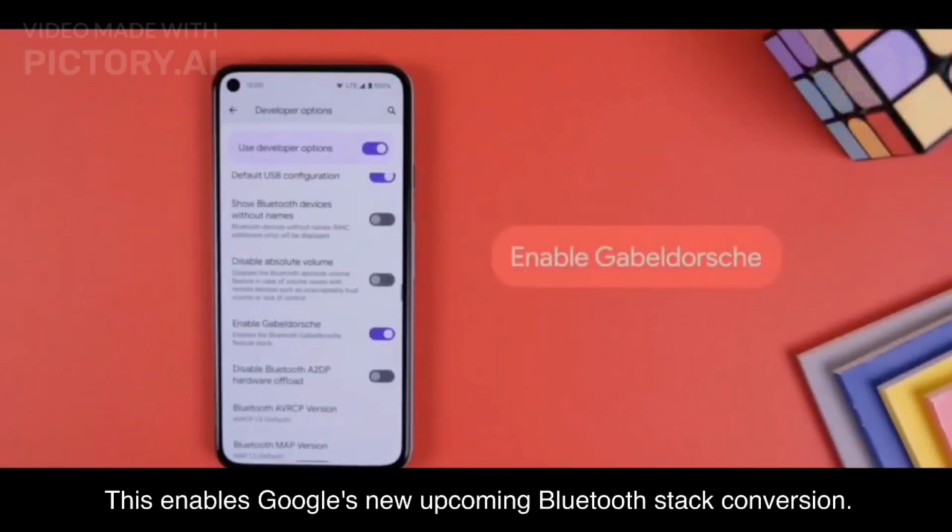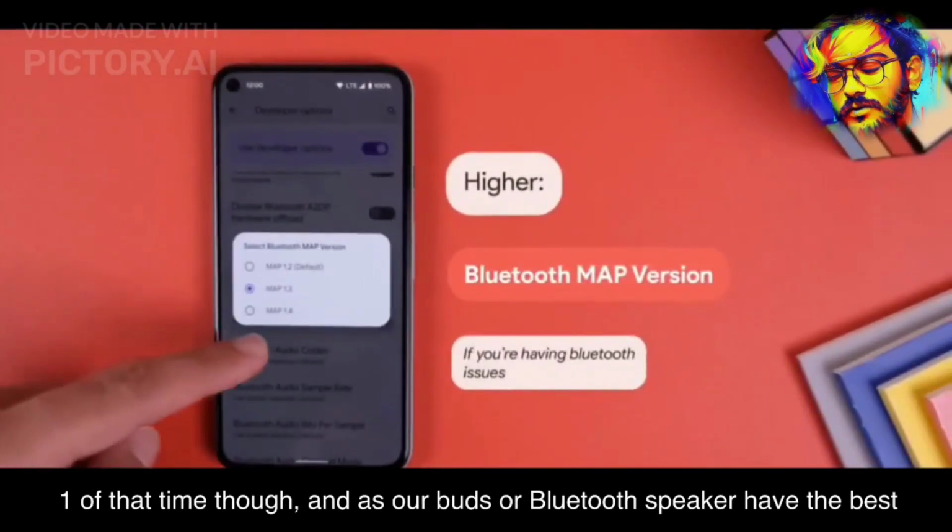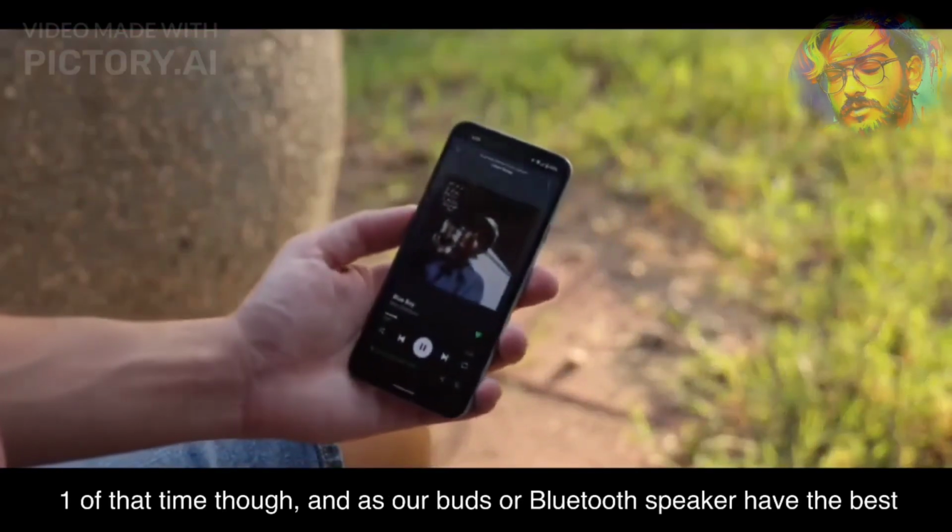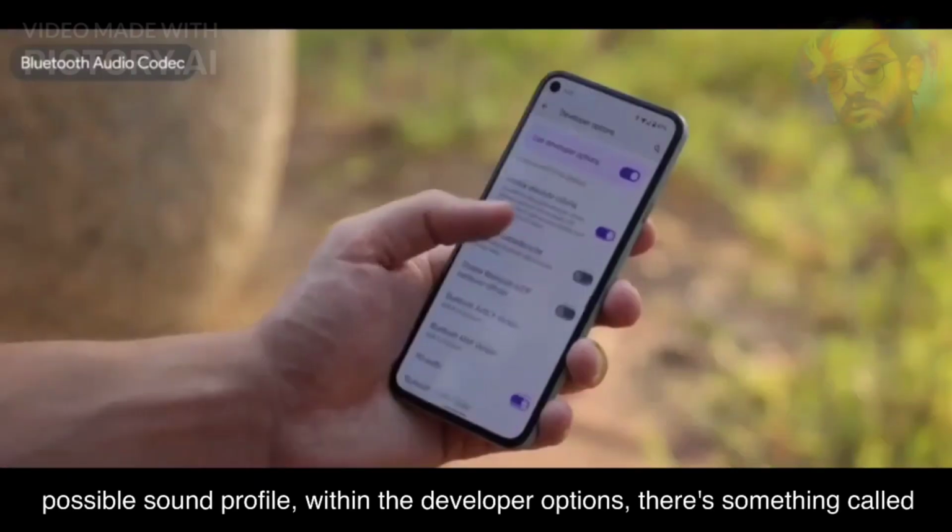As if the settings couldn't have gotten even more bizarre, there's an option called Enable Gabeldorche. This enables Google's new upcoming Bluetooth stack. To make sure your earbuds or Bluetooth speaker have the best possible sound profile, there's something